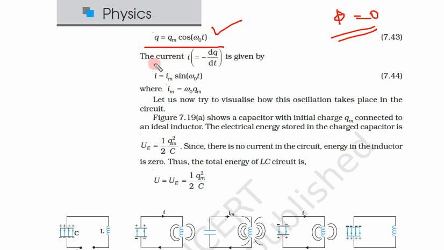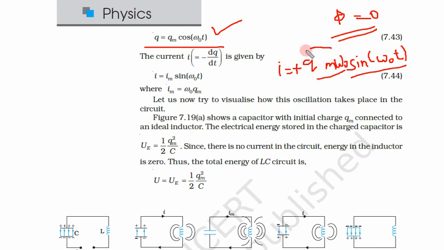Let us differentiate. What is current? Current is minus dq by dt. So let us differentiate this equation with respect to t. So I is equal to minus d by dt of Qm cos omega 0 t. This Qm will come out of the differential. There is a minus sign. And for cos omega 0 t, the differential will be minus sine omega 0 t, and a minus with this sign, so this becomes plus, and this omega 0 will also come out. So Qm omega 0 sine omega 0 t.